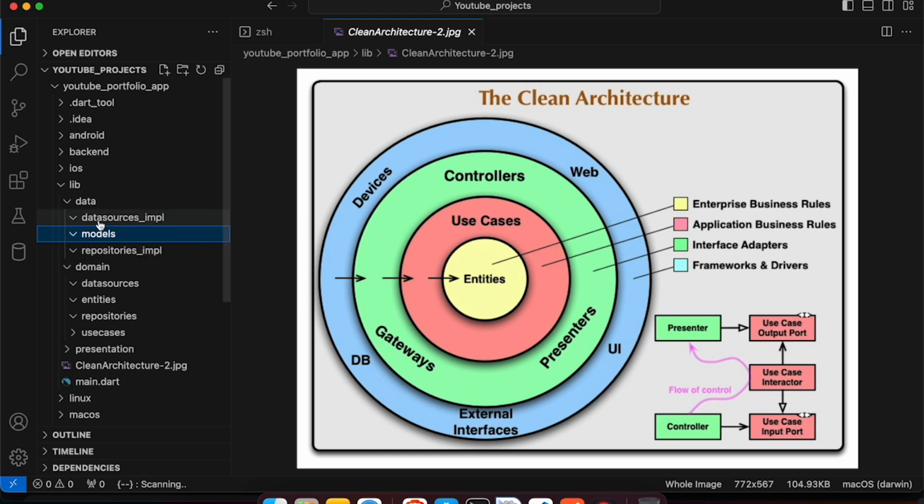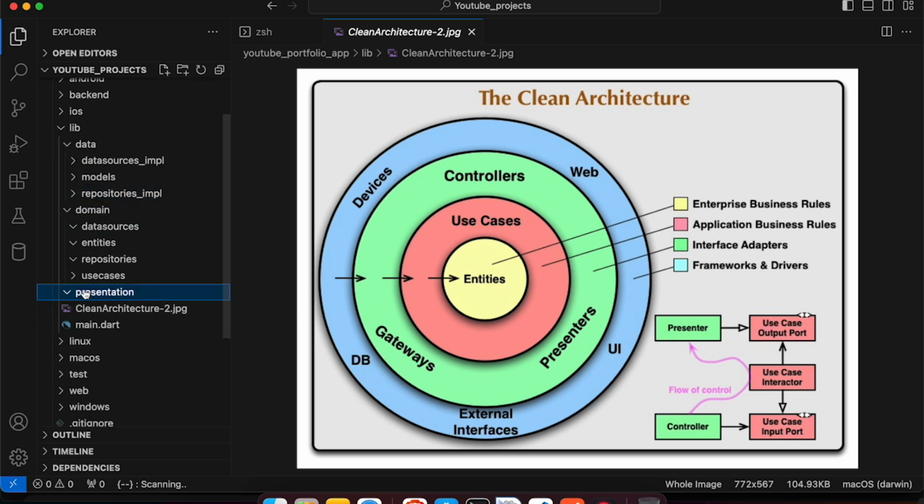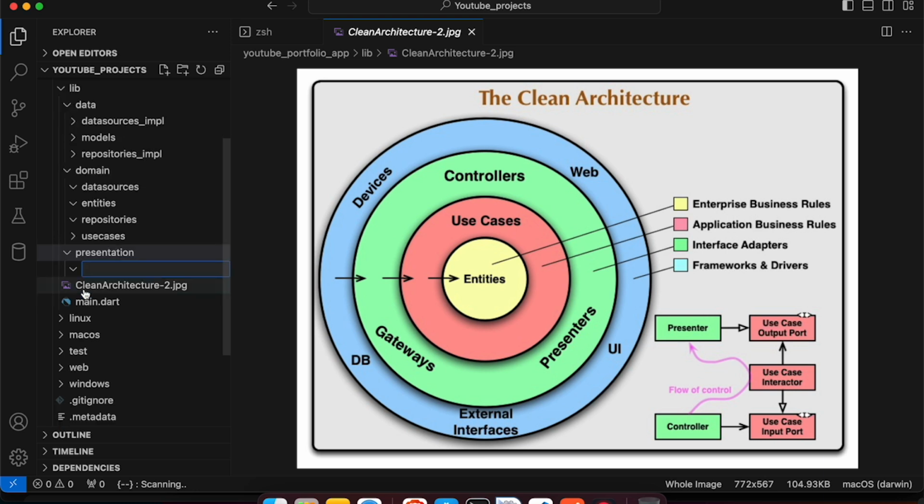Okay, so these two things are done here. So now the next part is the presentation layer. Inside the presentation layer we can define two more folders, that could be our widgets and our pages. Fine. If you look at this diagram, in the innermost part we have entities, and then after entities we